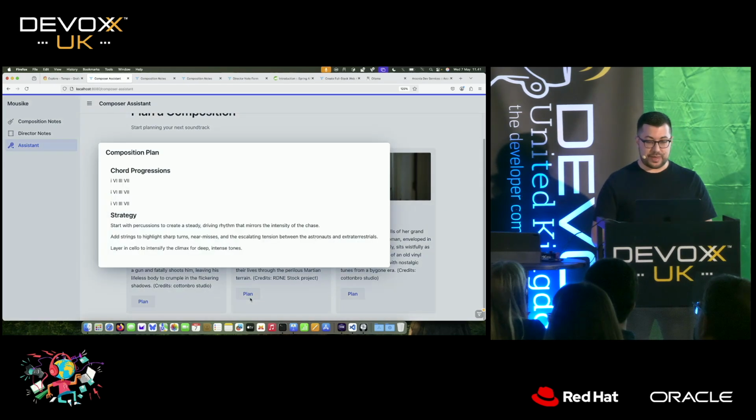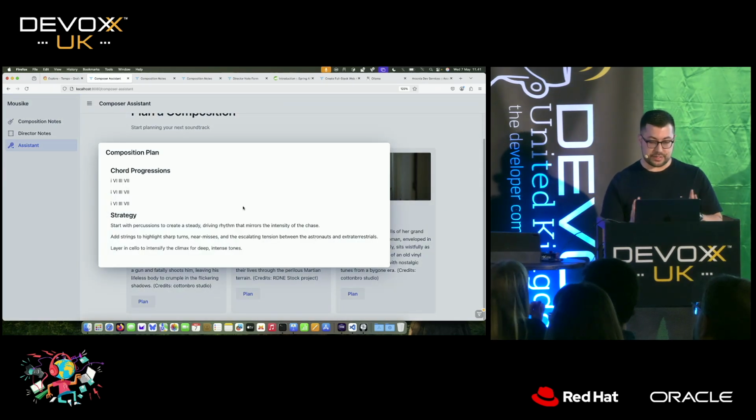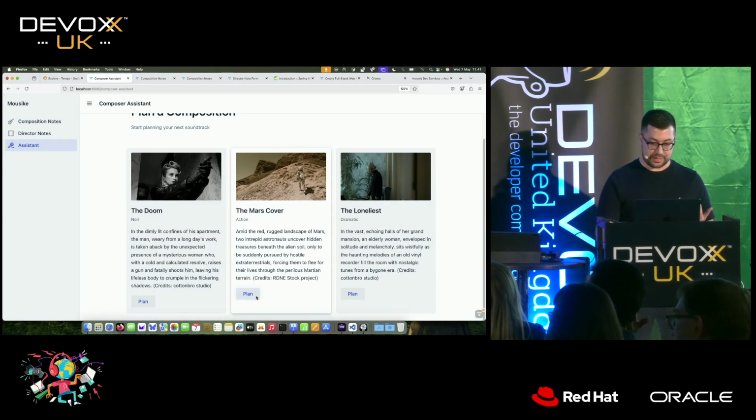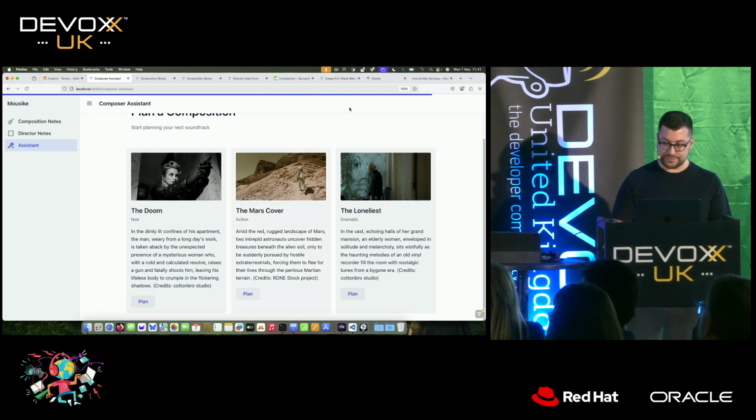So let's generate the plan. We have 2 different parts here. We have chord progressions I can choose from, and we have a strategy. And just to show I'm not cheating, I'll generate again, and it will probably be something different, hopefully. Let's see. That would be funny if it fails now. Well,